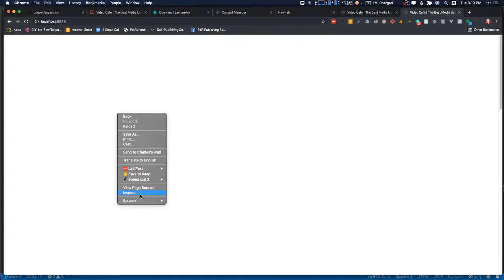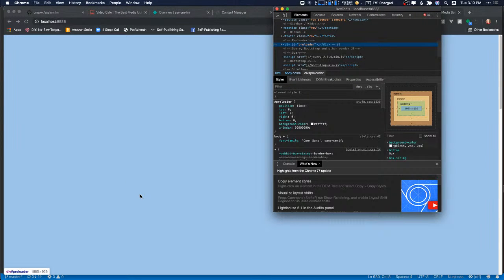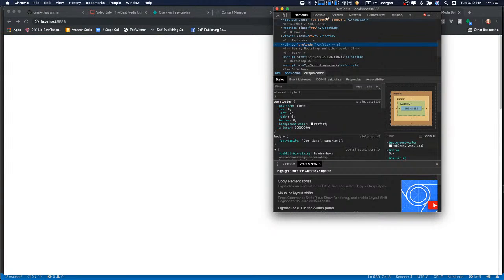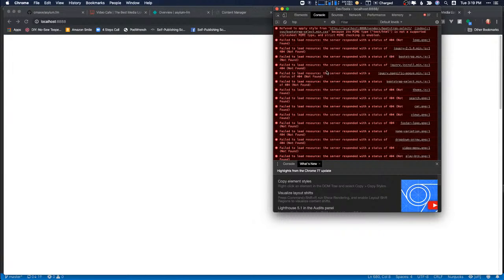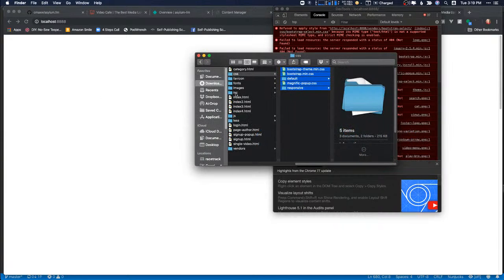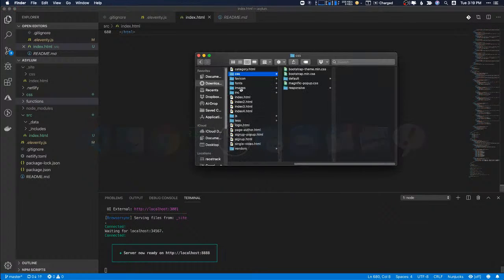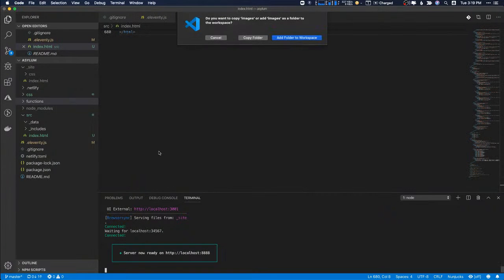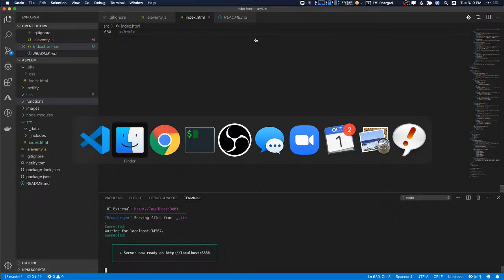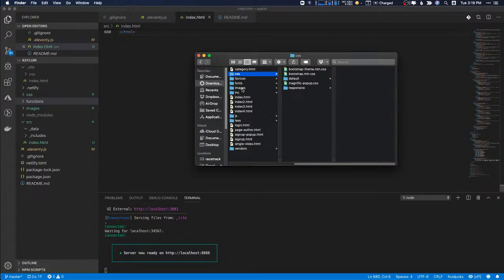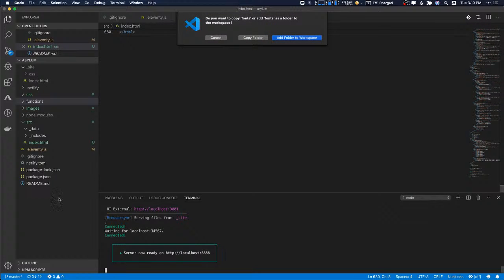Oh, that's interesting. So if we look at the console, it's complaining about lots of stuff. So it's getting a 404 on all these images and JavaScript. So let's move those over too. So images, copy folder. And yeah, some of this is going to be redundant. Fonts, copy folder,